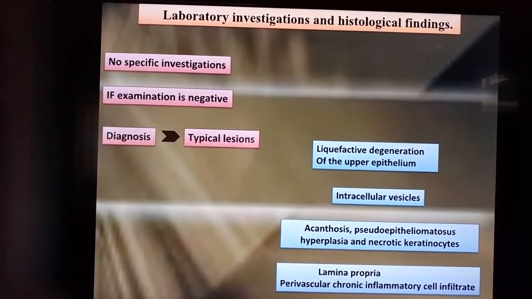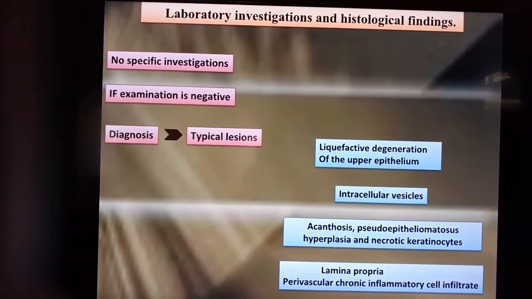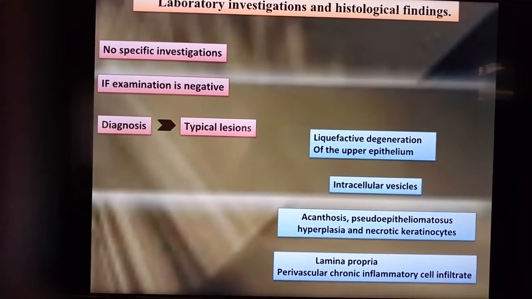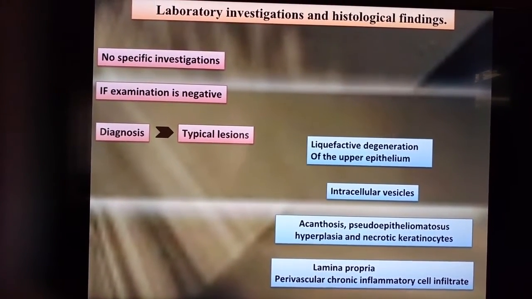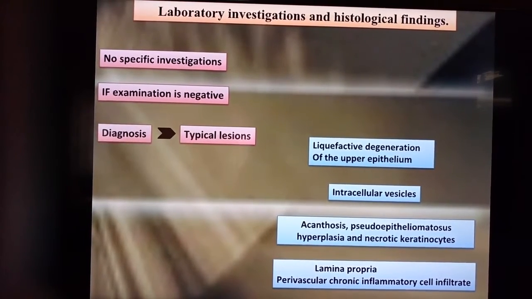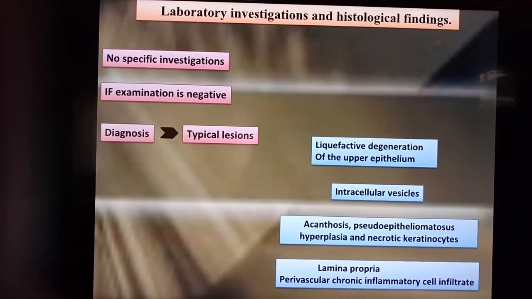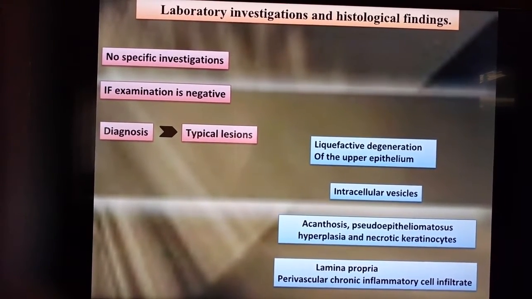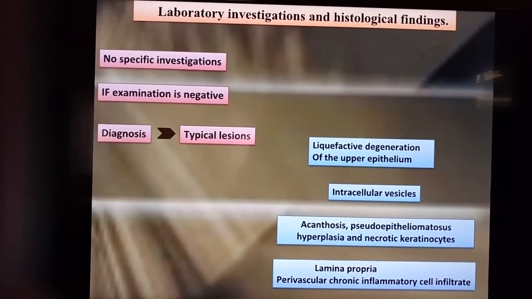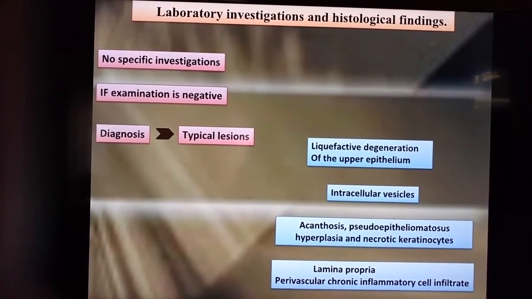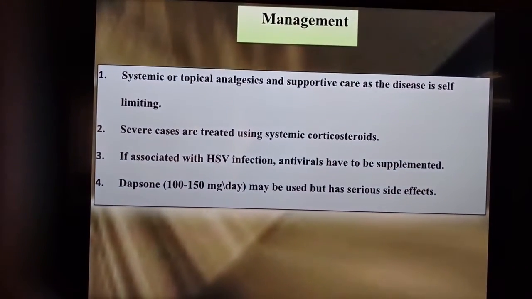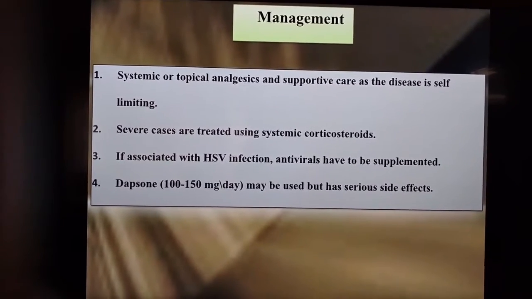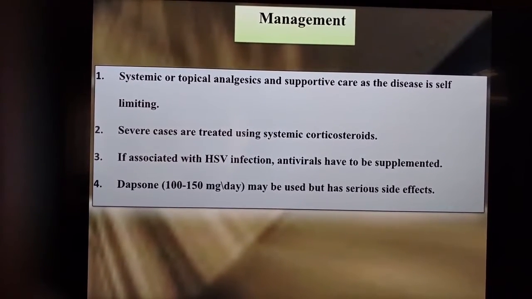The next one we would like to talk about is toxic epidermal necrolysis syndrome. Stevens-Johnson syndrome is a lesser form of TEN, that is, toxic epidermal necrolysis syndrome. Lesions usually occur on the chest. Atypical target lesions can be found. Stevens-Johnson syndrome may be associated with medications or mycoplasma pneumonia rather than HSV infection. Involvement could be of all sorts of mucosa: the eye, the genitalia, and the mouth can be